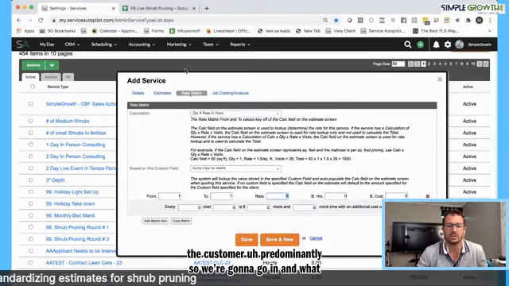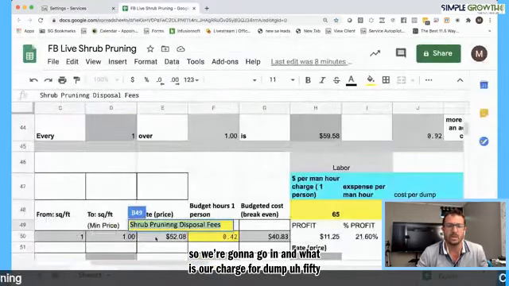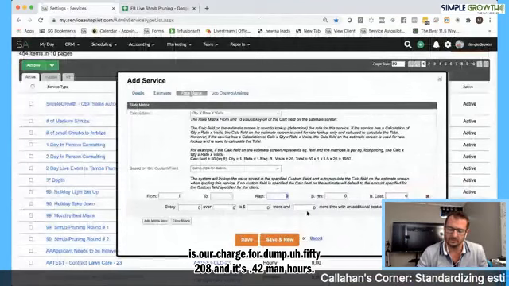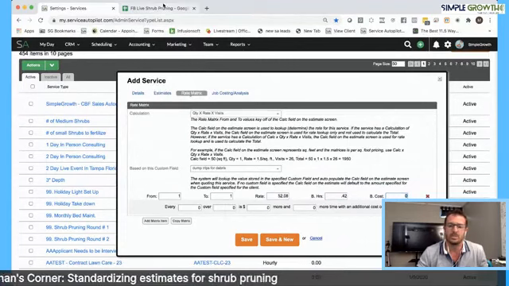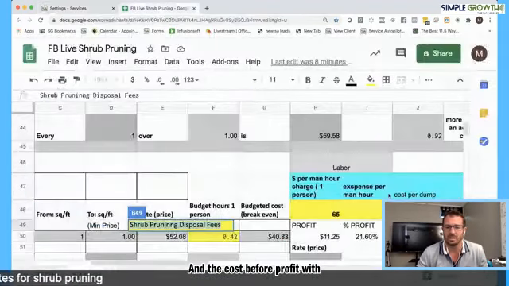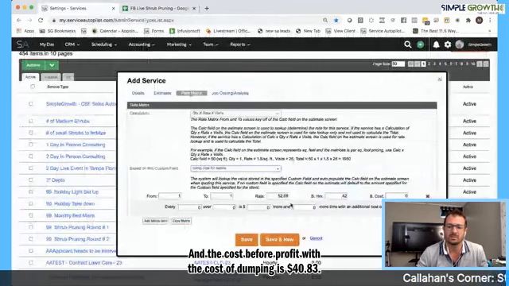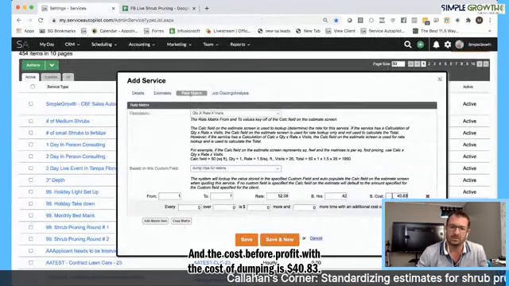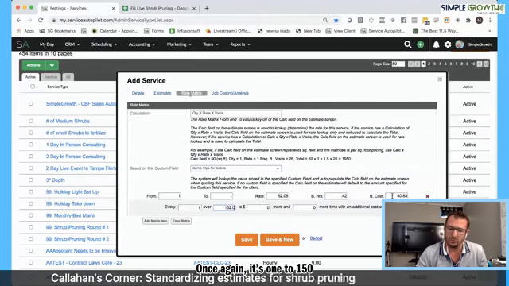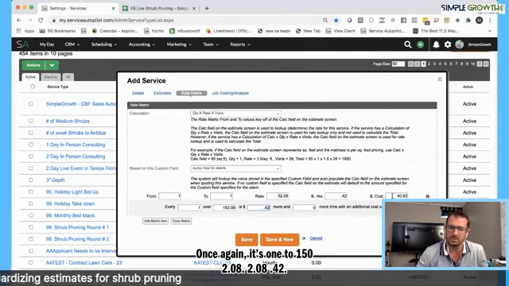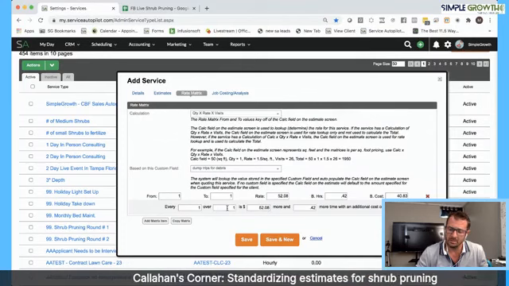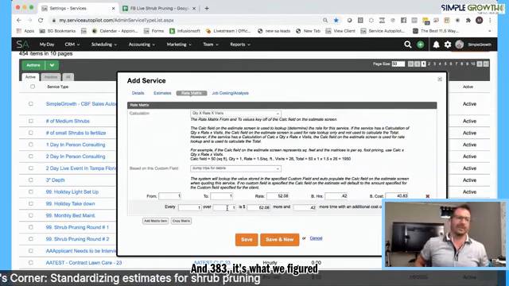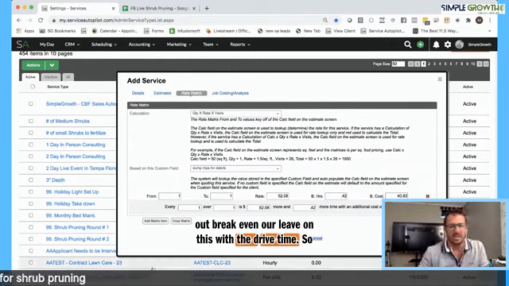So we're going to go in and what is our charge per dump? 52.08 and it's 0.42 man hours. And the cost before profit with the cost of dumping is $40.83. Once again, it's 1-to-1, 52.08, 0.42, and $40.83. So once we figured our break even, our labor on this with disposal and drive time, so once we have that now,